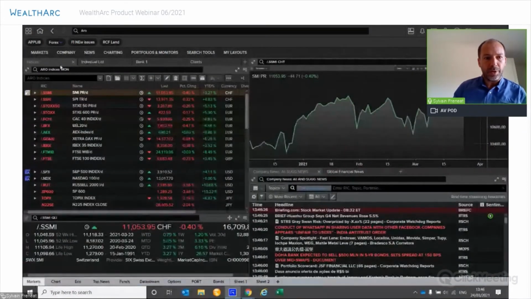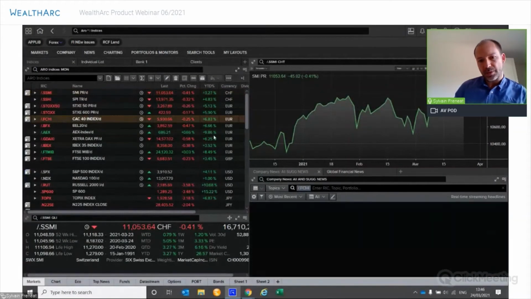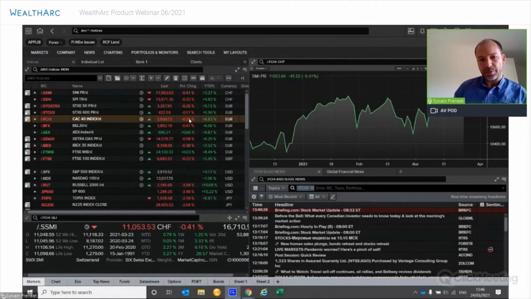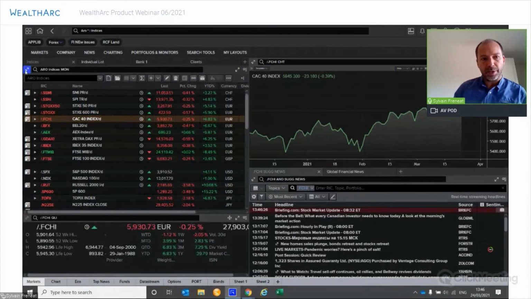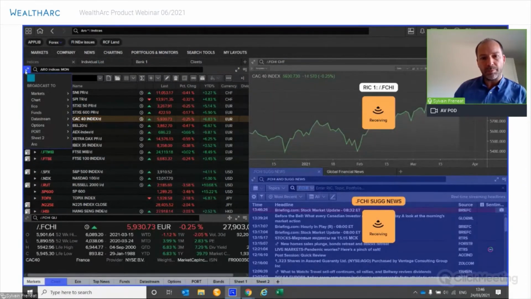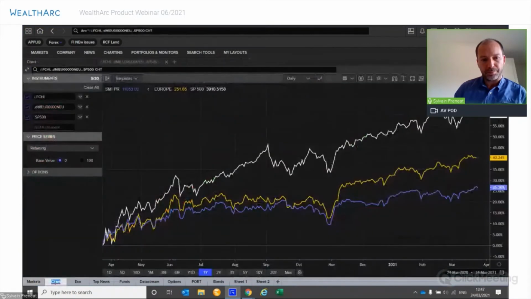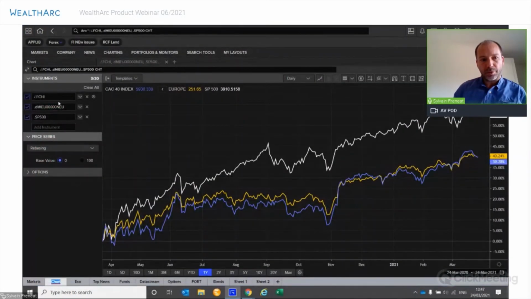This one, where you have all your markets, has this link from your monitor to your chart and your news. Simply with this link button, you can link your monitor here to the chart that is here. And of course, you can add indices, sectors.